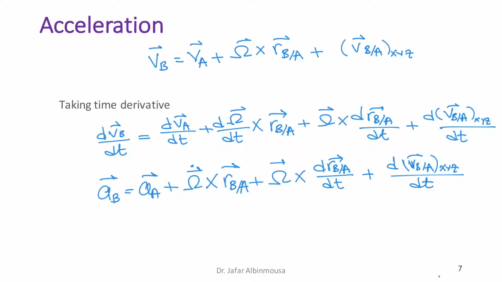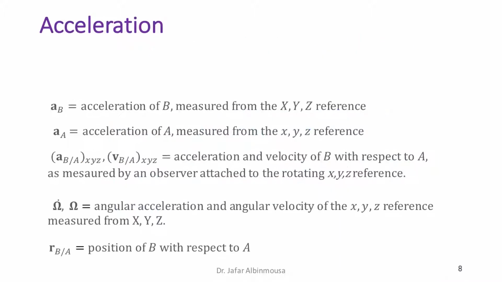So let's see what those terms are. I'm not going to discuss the derivation here, but I'm going to write down the equation and then we will discuss it. So we have AB is equal to AA plus capital omega dot cross